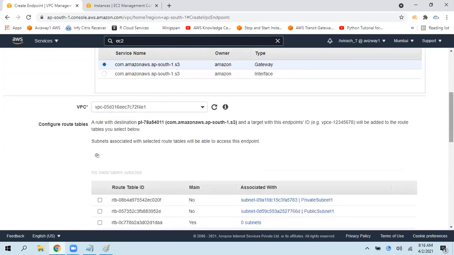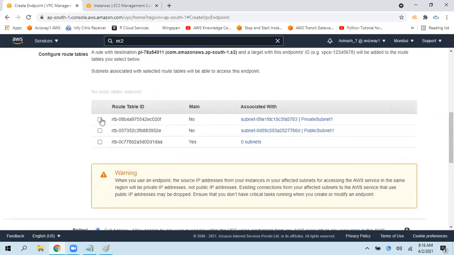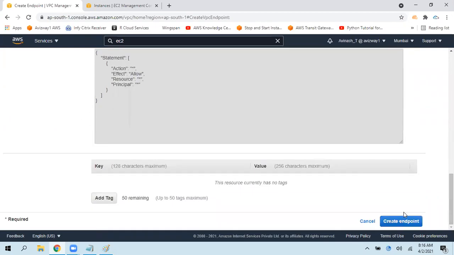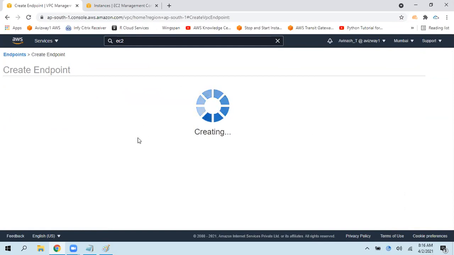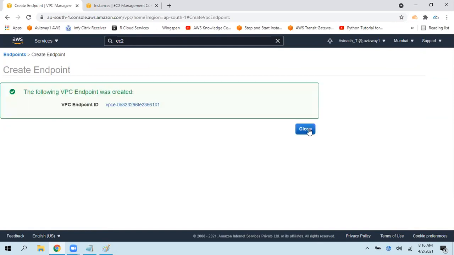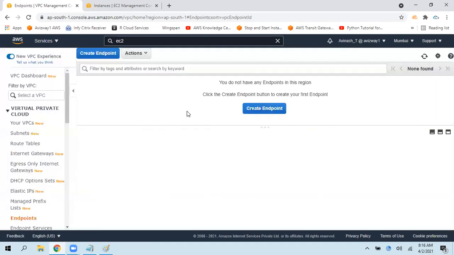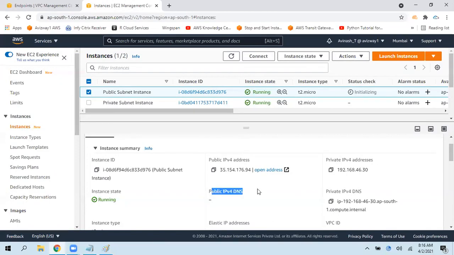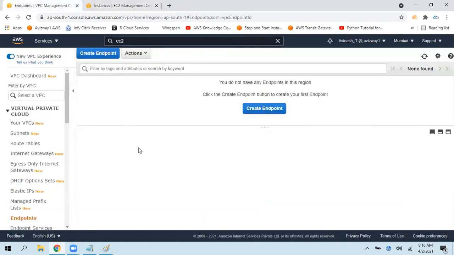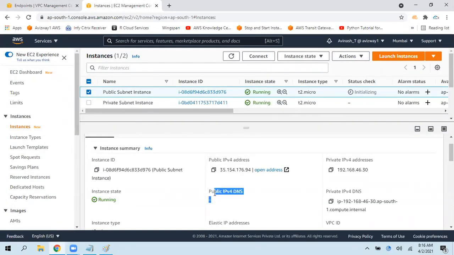My custom VPC I selected, and I'm going to select the private subnet, public subnet. Whenever we are trying to create an endpoint, I think it's an interface endpoint, we will land up in an error, guys. So you must enable this public DNS, and all such types of errors we might get. Whenever we get such an error related to this endpoint, we need to enable these DNS names.